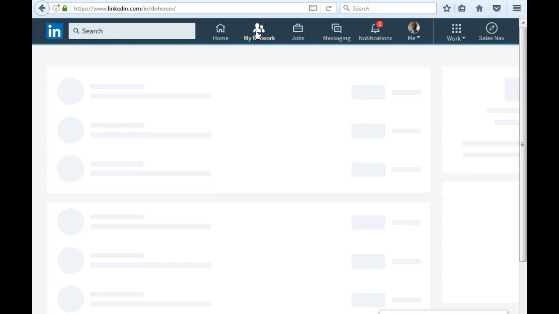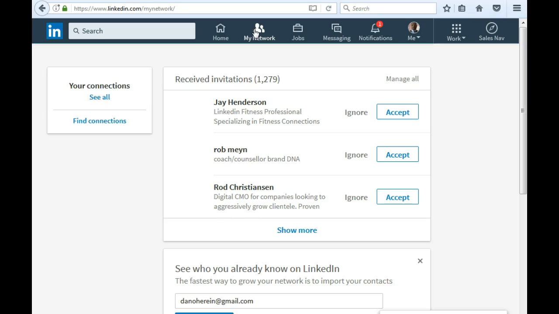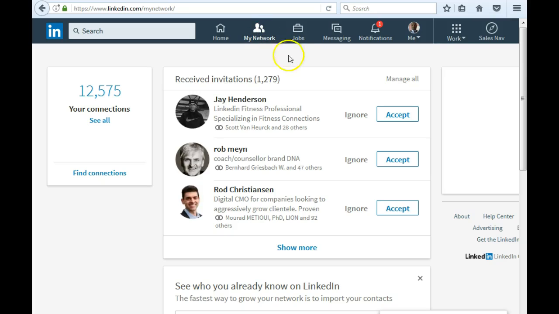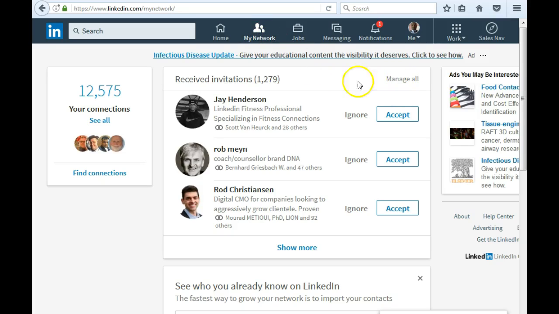It will open up to my network, and currently I have 1,279 received invitations, which I have not accepted yet. You can see I have 12,575 connections already accepted. I will click on Manage All